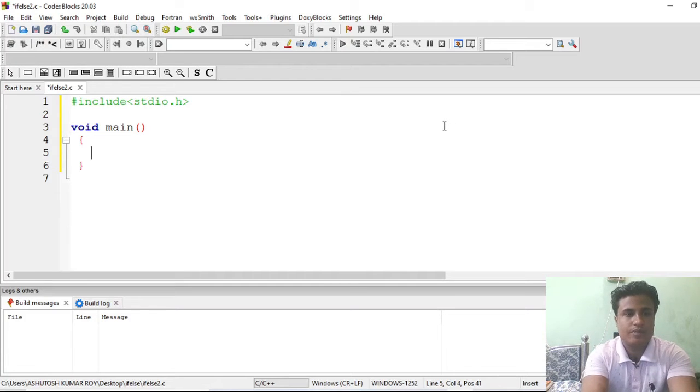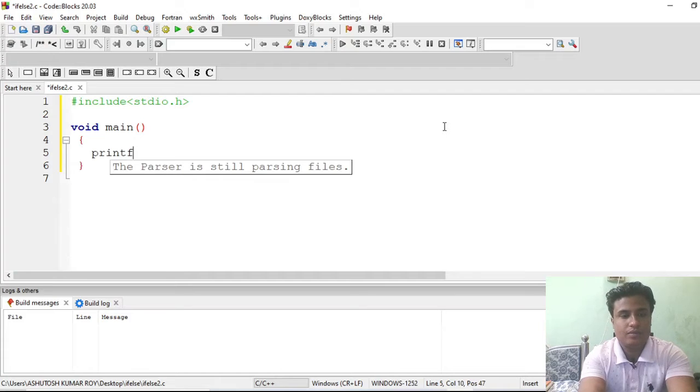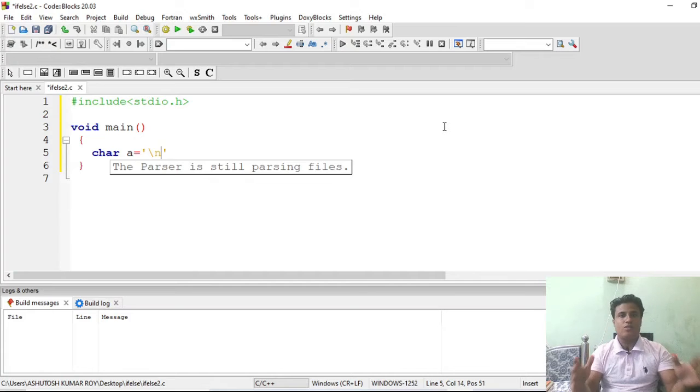So suppose we printf. Suppose we take a character variable, say a, equal to '\n'. We want to find the ASCII value of '\n' here. So what could be the ASCII value of '\n'? Let's see.